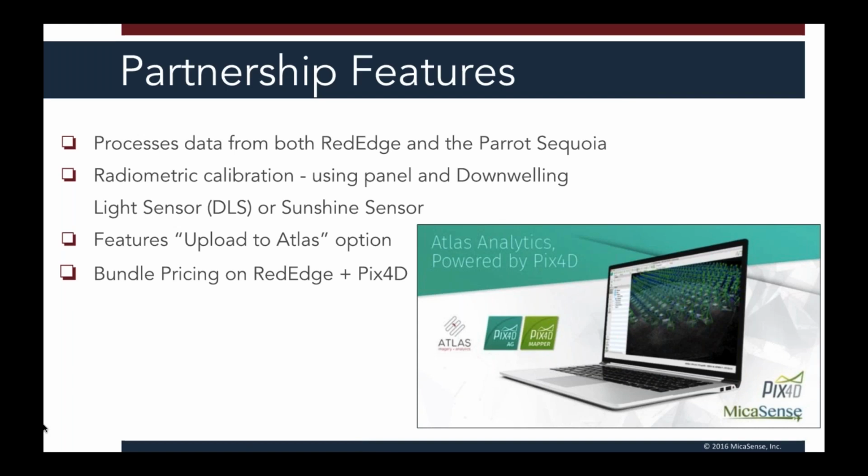Pix4D automatically carries out the lighting calibration. So this is part of the Pix4D software, to be able to utilize the downwelling light sensor data, or if you're using the sunshine sensor, it's going to detect that and help